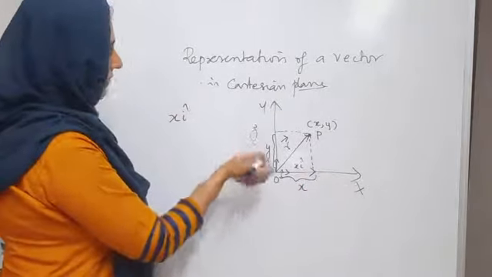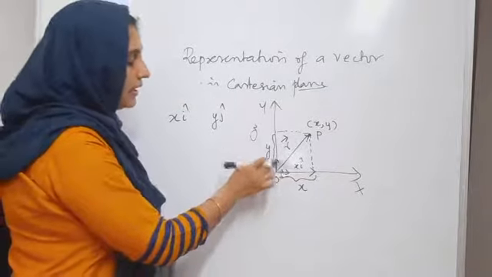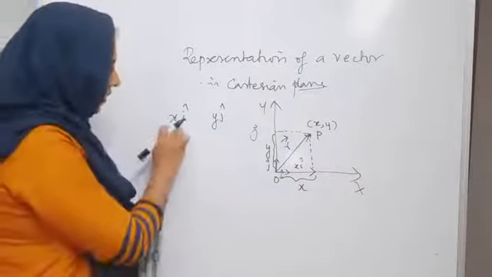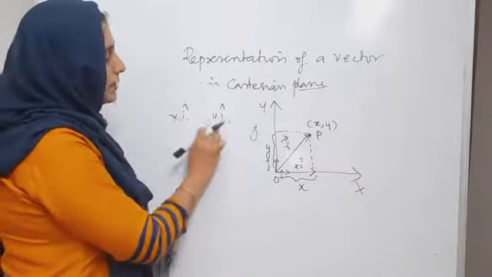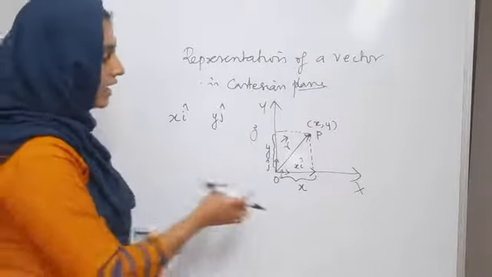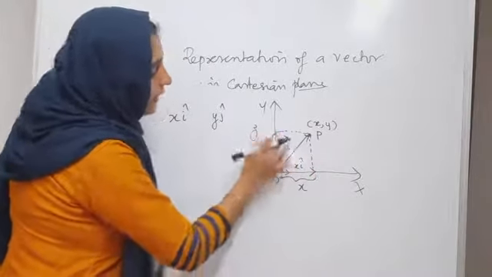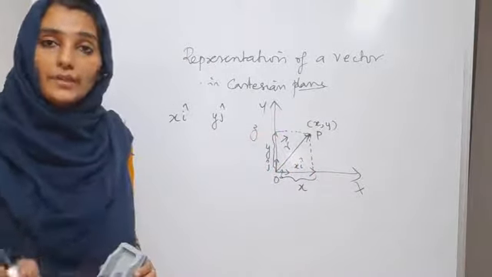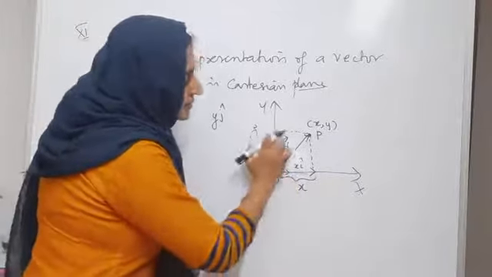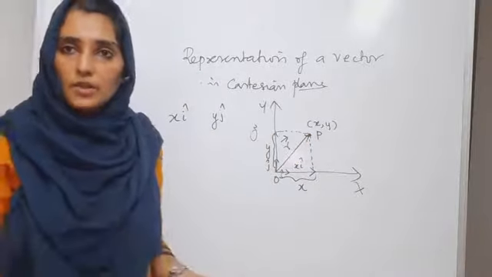Now what you have is y j cap. y j cap means y magnitude pointing in the y direction, because we have already specified I cap and j cap as pointing along the x-axis and y-axis respectively. Now you have this vector and this vector. Now we have two vectors. We can easily add two vectors by applying the parallelogram law of vector addition. This looks like a rectangle. So the diagonal points along the resultant. So the job is easy now.